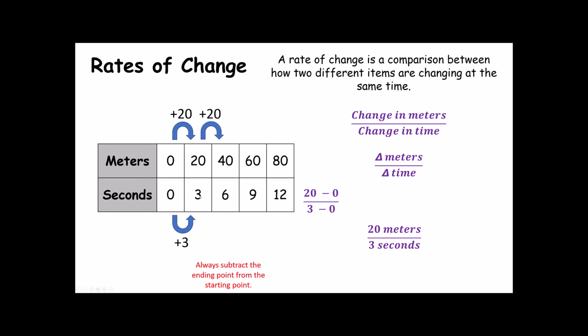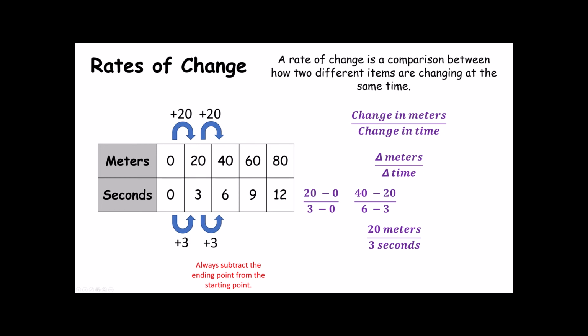Let's look at the second set of ratios, or rates, I apologize. I've gone from 20 meters, or a distance of 20 meters, to a distance of 40 meters. That's also a change of 20 meters. And I went from being 3 seconds into my timing to 6 seconds into my timing, which is also a change of 3. Or, if I wanted to write that out as a subtraction problem, I take my ending distance,